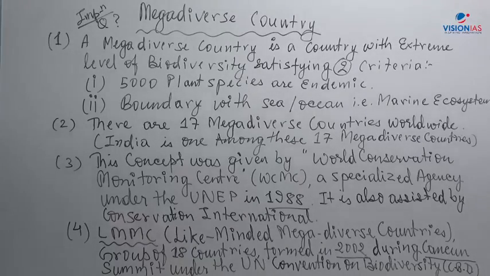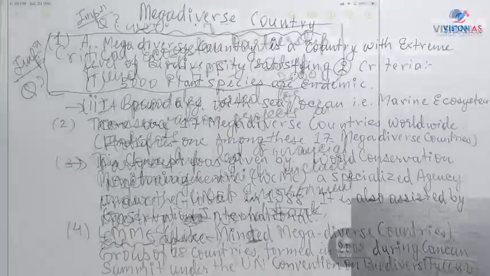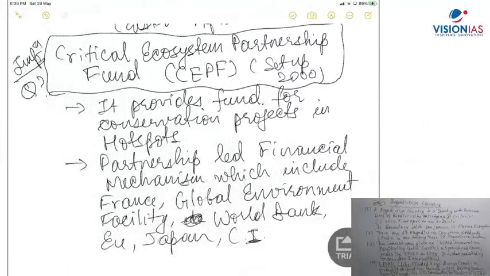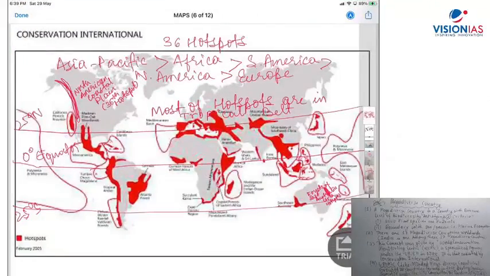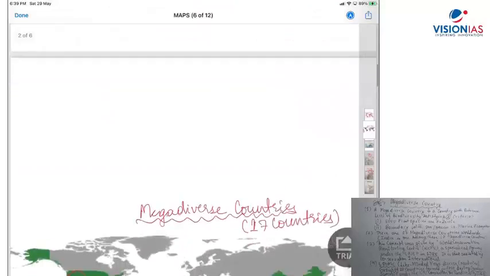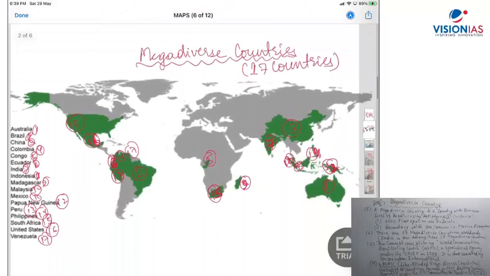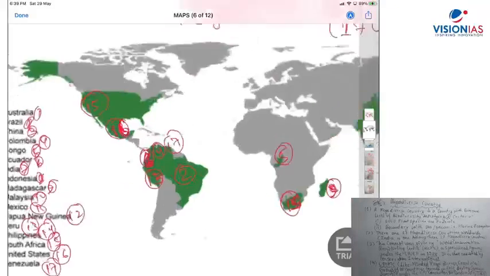Now let's come to this part of it. If you have written that, well and good. So I'm now again going to the map here. So hotspot we have, now these are the 17 mega diverse countries. What you see on the map, these are the 17 mega diverse countries. Right, which are those? Australia,